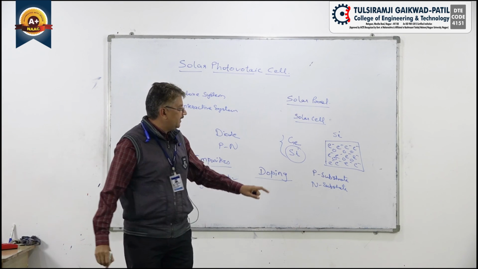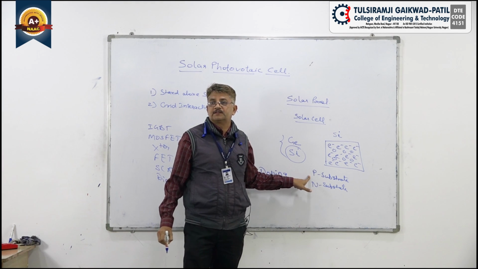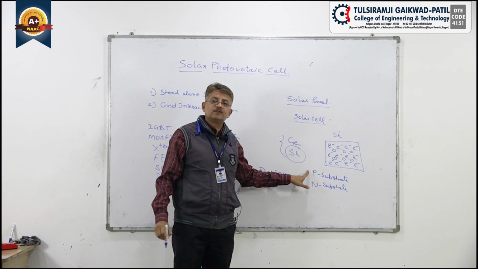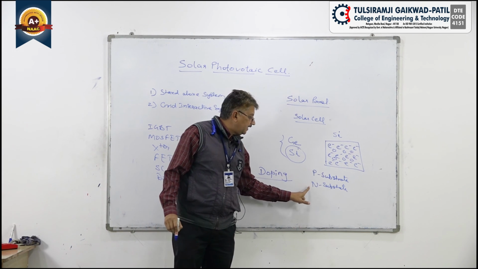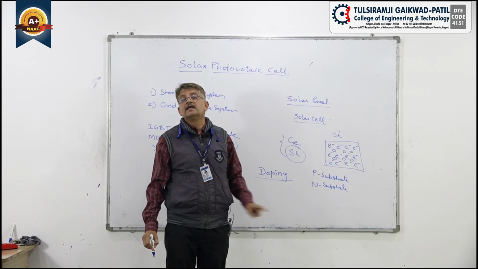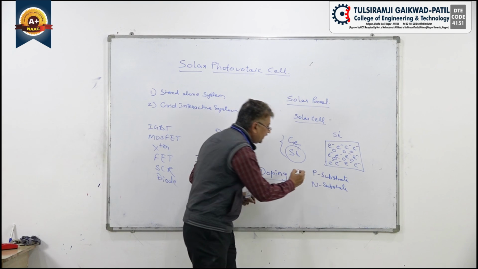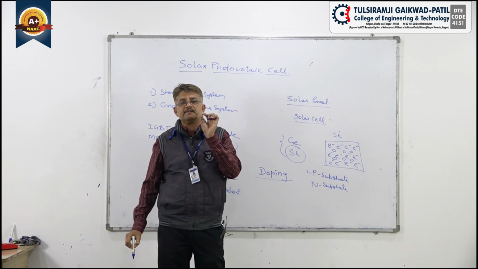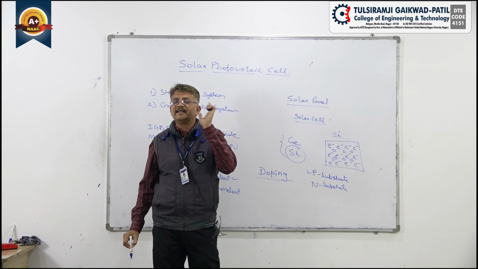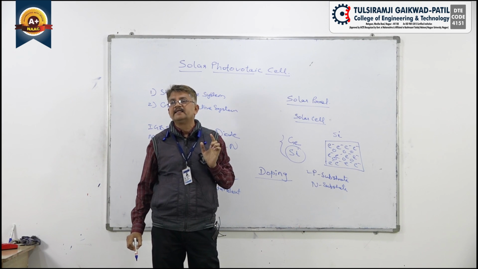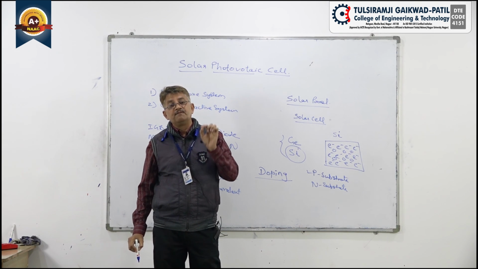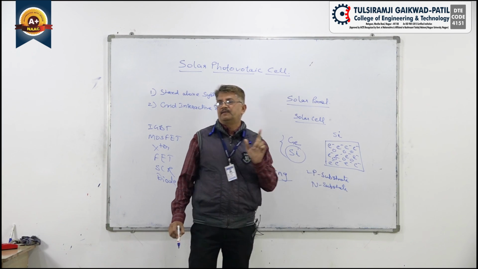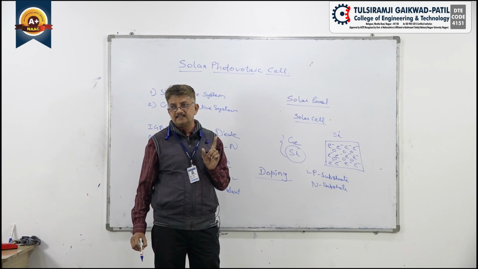The name basically itself, P stands for holes. We are using a nomenclature, that is P stands for number of holes and N stands for number of electrons. So in case of P substrate, from this pure silicon, basically it is also called as intrinsic semiconductor. It is called as intrinsic semiconductor, and once we have added impurities in that, we call it as extrinsic semiconductor.